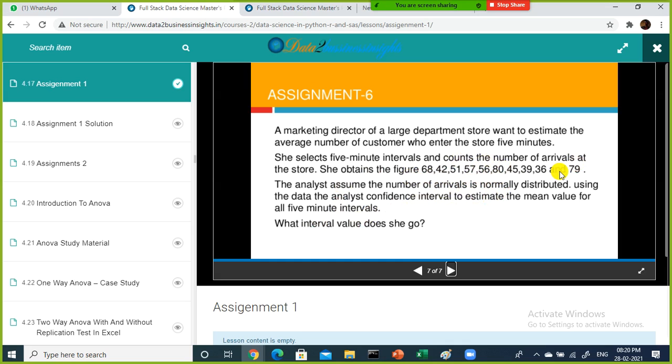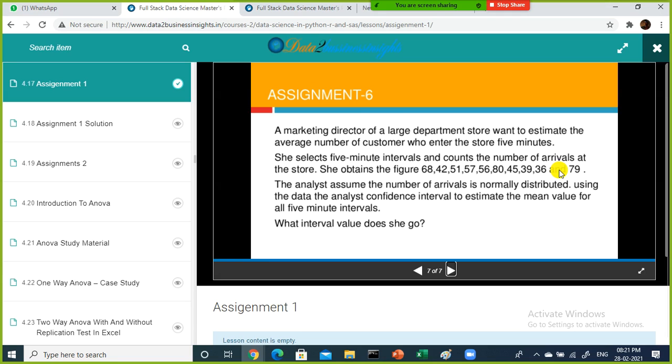Simply, you take the average. You know the formula for the confidence interval very well, right? X bar plus or minus margin of error. So here, what is the sample size? Here the sample size is less than 30. Hence, you need to use the T table to do a lookup to get the critical value. The degrees of freedom is 9, and alpha is equal to 0.025.